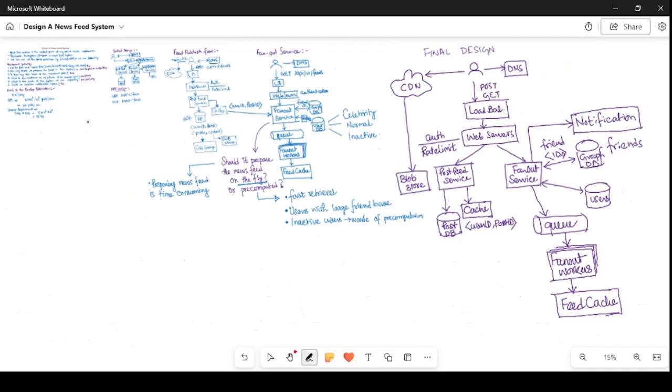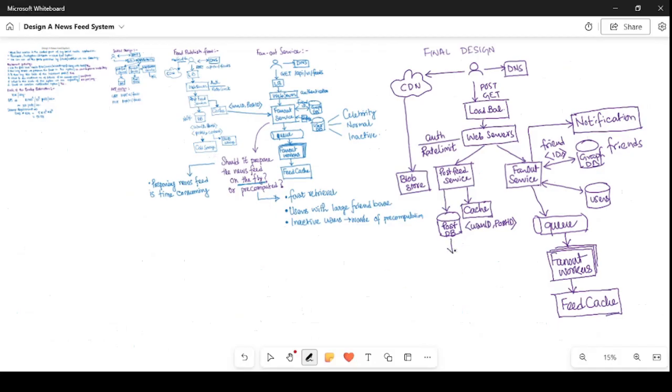Hope you have realized how with the initial design, step by step, we have deep dived into all the flows of the system, and finally we could design a scalable newsfeed system. We also have discussed the fan out service strategy. Should we prepare the newsfeed during runtime or should we pre-compute the newsfeed for our users? We also thought of